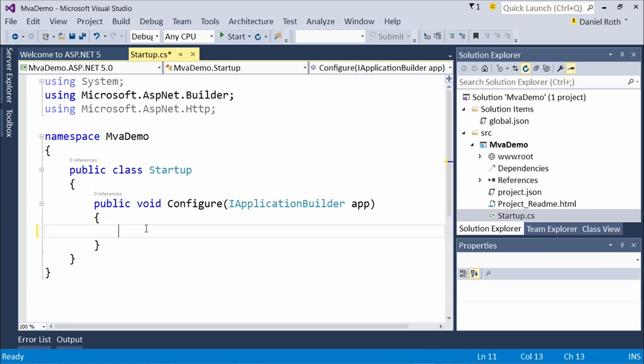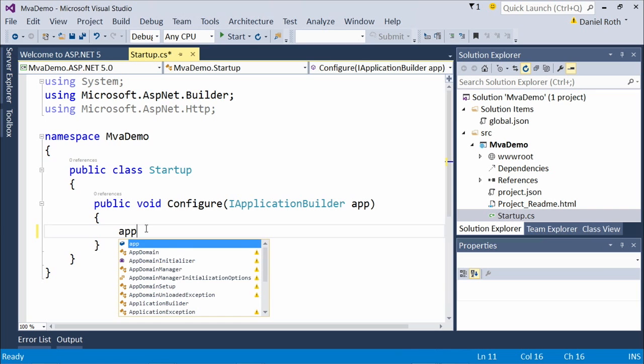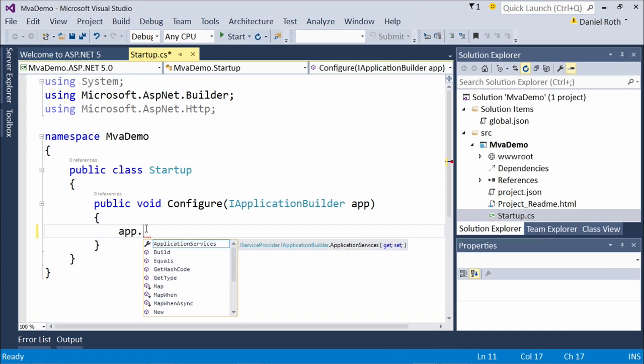So this is kind of like Global.asax's application start, but all the other stuff like request this and that, and all those things are not here. They're not here. That's right. I set all that up inside this one function. This is where you're going to set it up. Okay. Yep. So let's start building up my app, and I just want to return some text, so I'm going